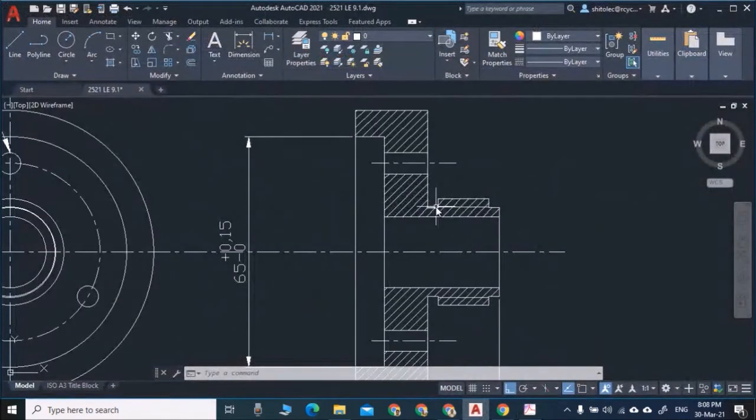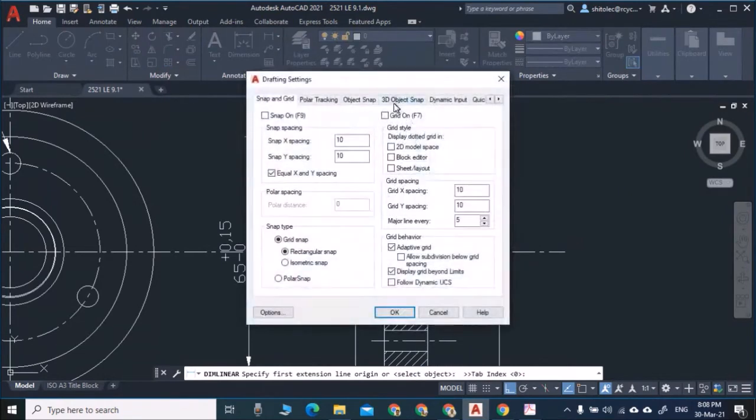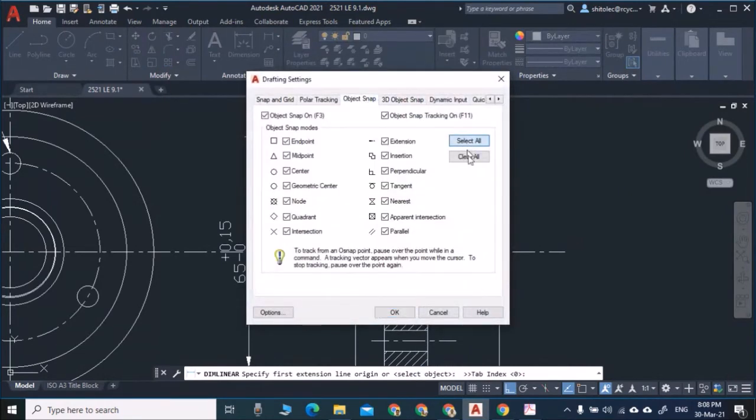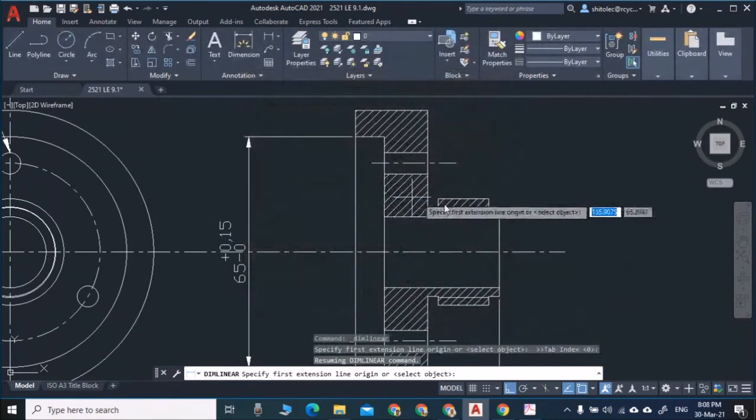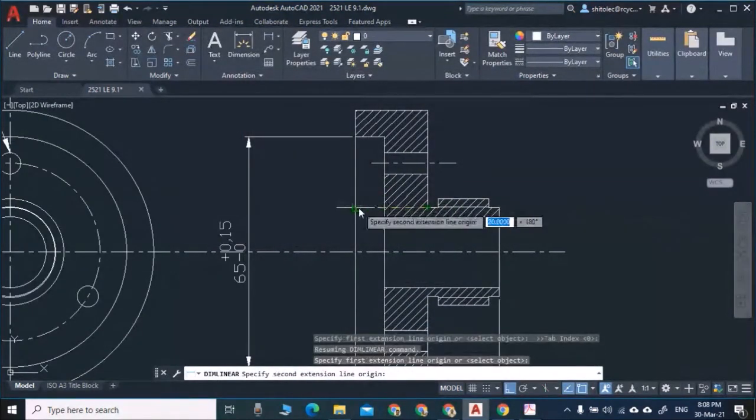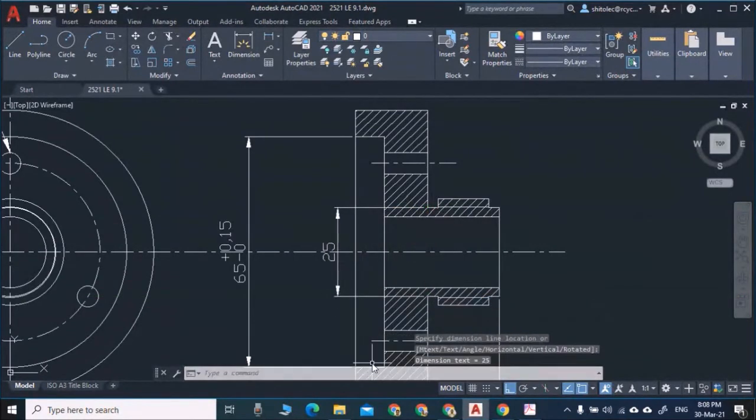So here I will give you the dimension from this point. Snap setting, because it is not showing. Snap setting, object snap, select all. Okay, and now I will click it here and here, and I will mention it 25.